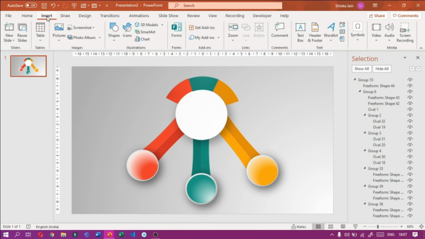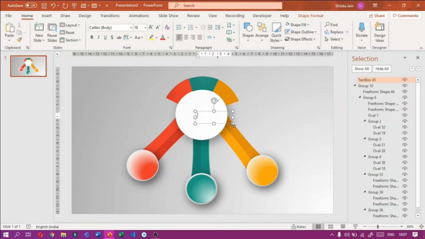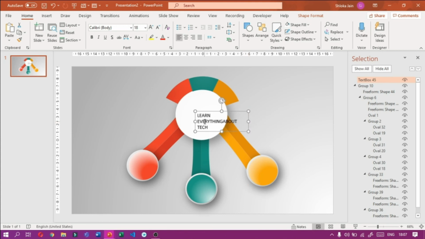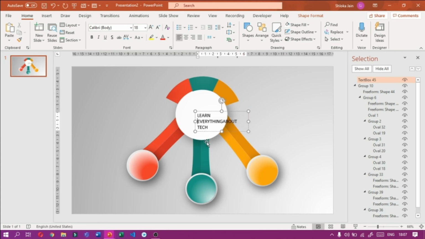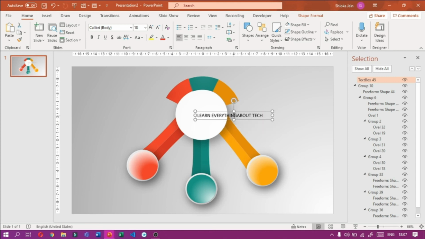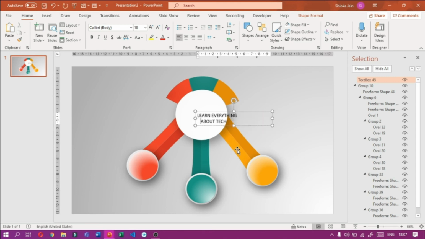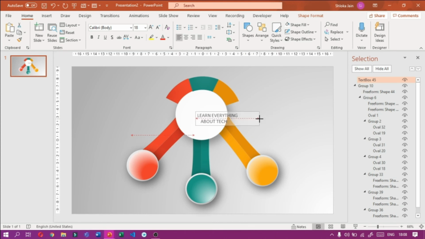So now we have to insert text. So here I am typing learn everything about tech. So I have written this, learn everything about tech.